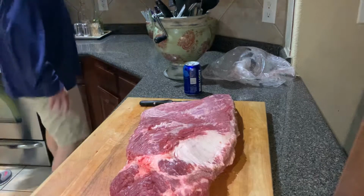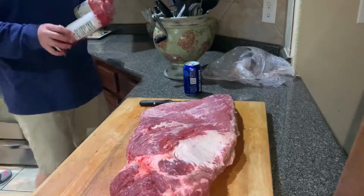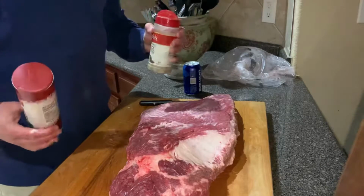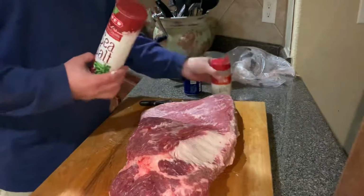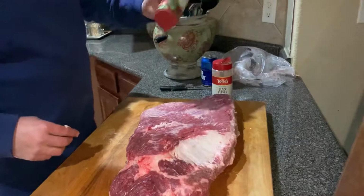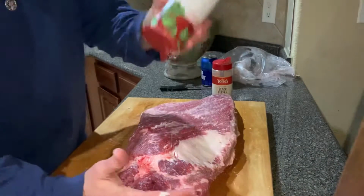Okay, seasoning. This is the easiest part. Salt, pepper. I like 7 parts pepper to 3 parts salt. That's all personal preference. But you're cooking for a long time and you're trying to create a bark, and